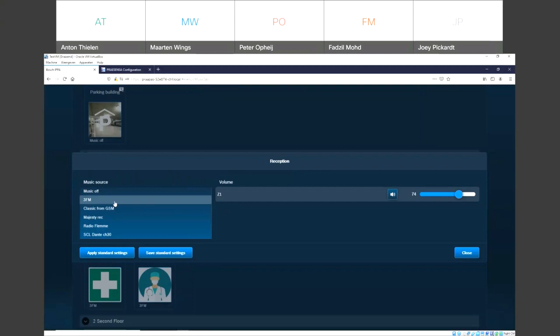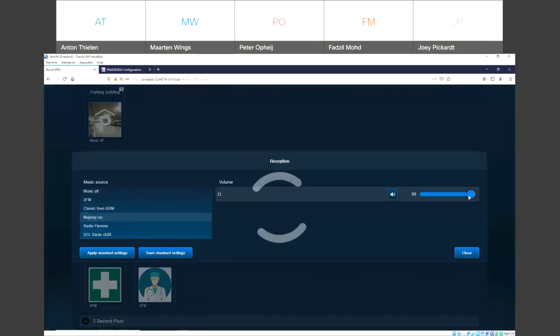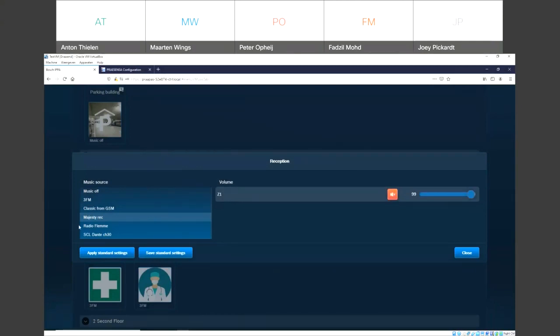But you can also have recorded messages. That means, for example, I have one here. You cannot hear the difference, but this is something which I have uploaded in the Presenza. So you have different types of ways to play the music. Recorded files can be used as music. The streaming services can be used as music, but also an audio input of the Presenza system can be used